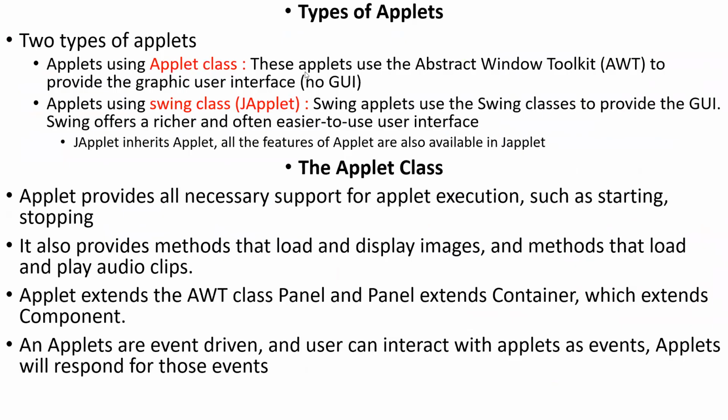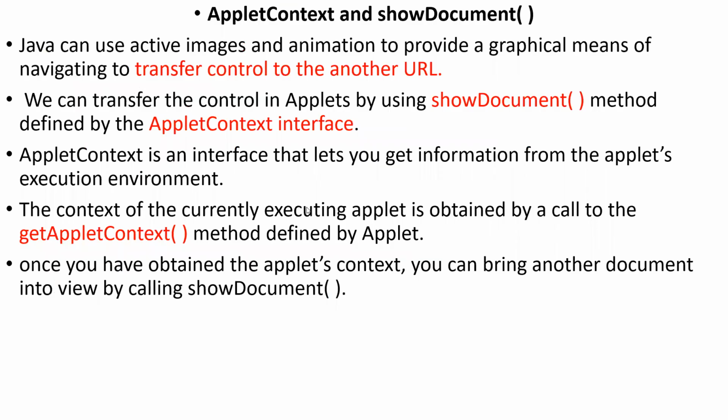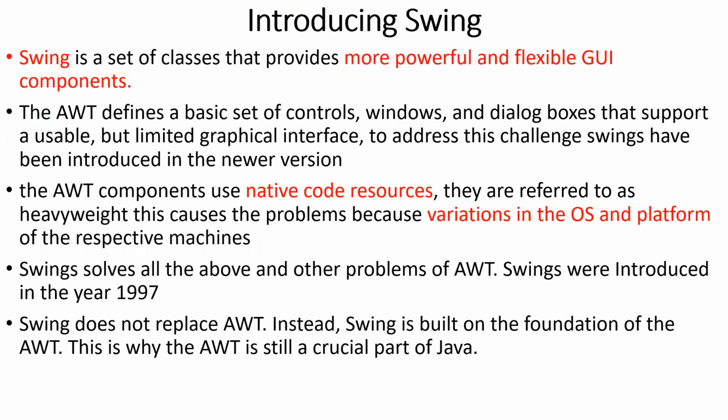Here I explained the types of applets. We can create an applet by using the applet class. This is the first way, and all the programs whatever we discussed in the previous concept are applet class only. The next one is the string class. Applets can also be created by using the string class. So that is the importance of string with respect to applets: we can also create applets by using strings.